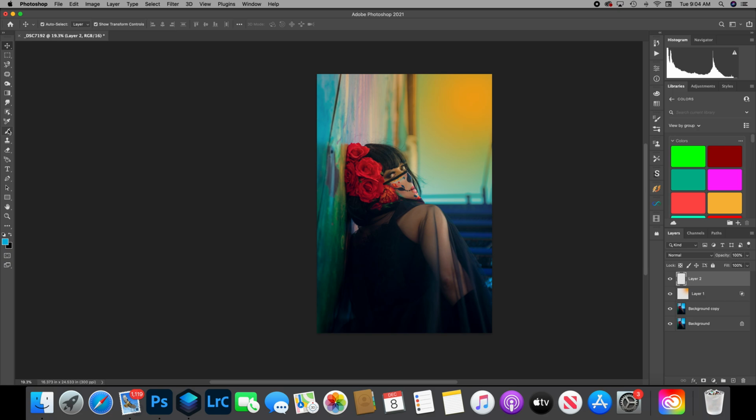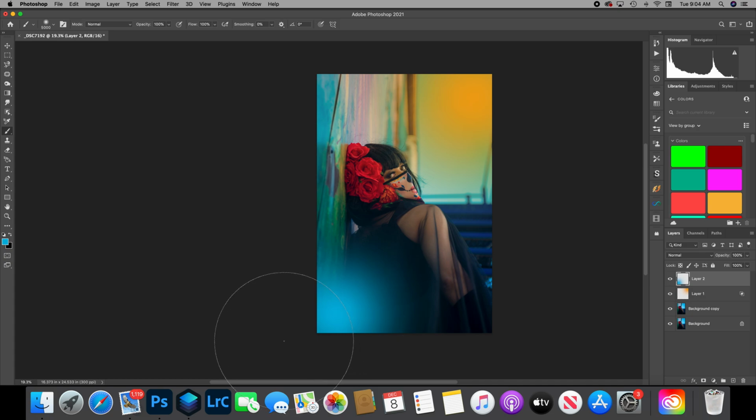And again, same thing with the brush, and dab it here. So then we do the same thing, increase it, move it, resize it, press OK,